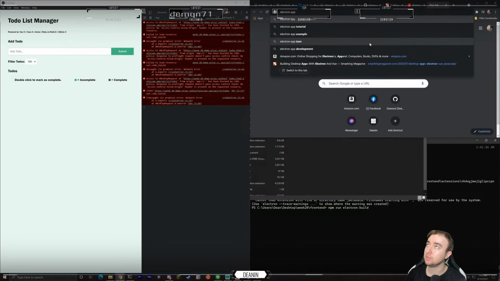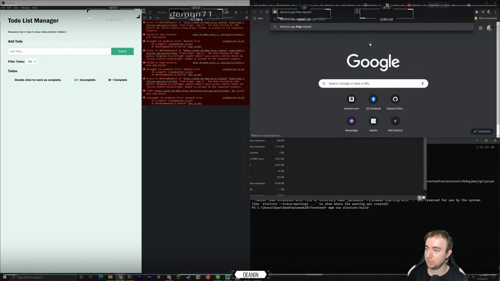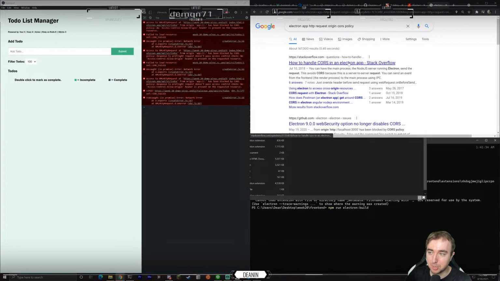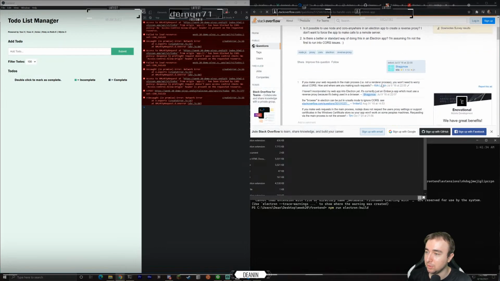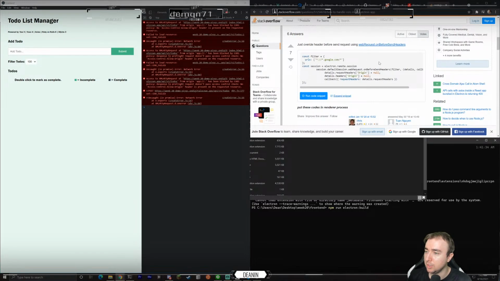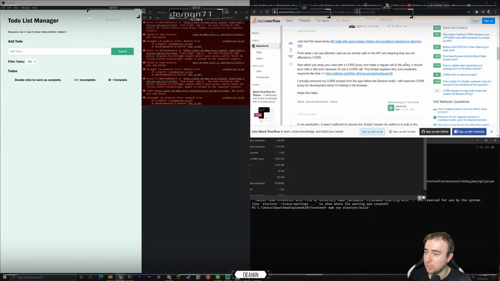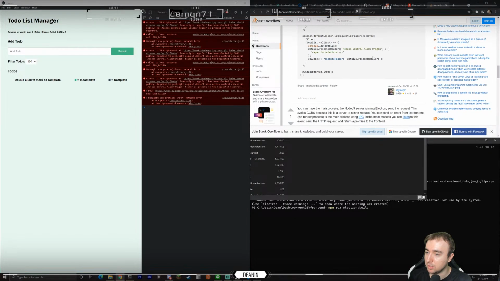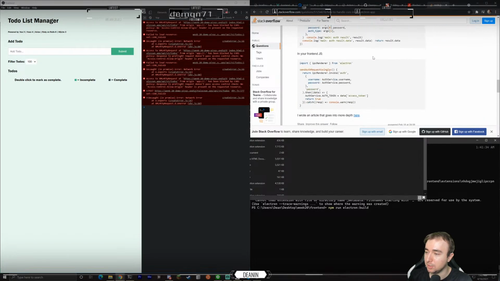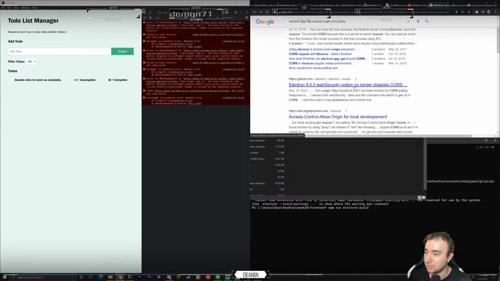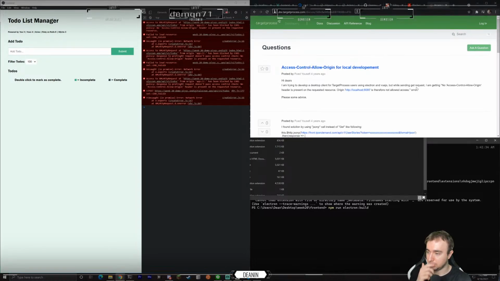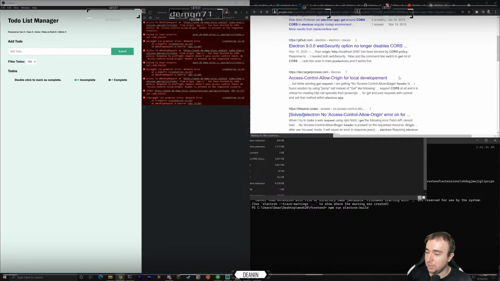Electron app request, HTTP request origin, CORS policy. Let's just keyword stuff our search as much as possible. How do I handle CORS? Override the header before sending the request using onBefore. Okay, that seems like it's more involved than it should be. A lot of workarounds here. I don't like this. Local development. Let's see. I don't like it when it's a